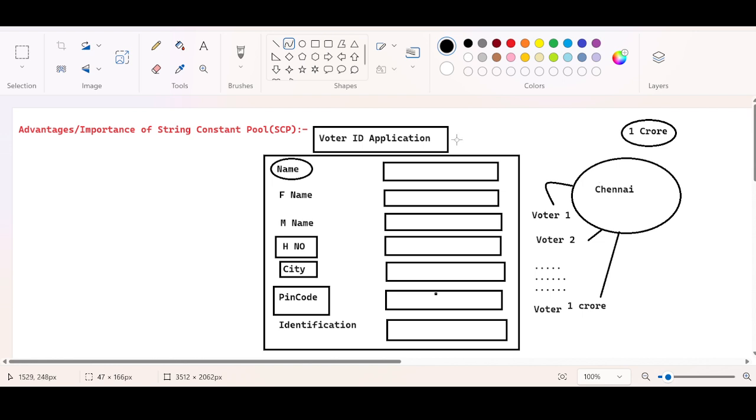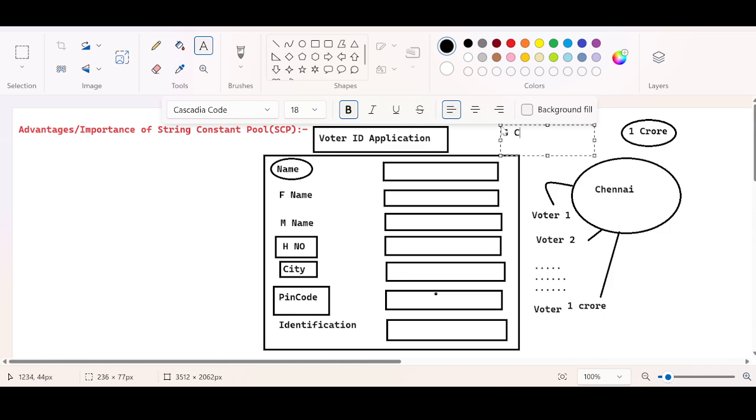So they thought they can create an area in the memory, and they named that area the string constant pool, SCP, so that this object could be shared among all the voters, because the Chennai location is going to be the same for all the residents of Chennai, so that when they are applying for the voter ID, the object is created only once, and each and every voter can use this existing object,